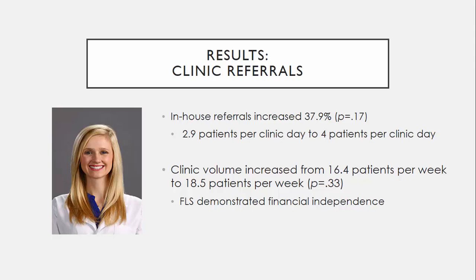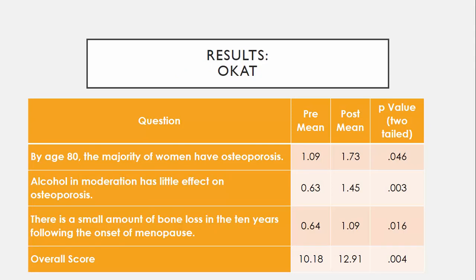This may not have been declared statistically significant, but it was financially significant because the clinic needed to demonstrate 18 patients per week to show that they were sustainable. They were financially independent on the most basic lowest level of patient care. And this intervention allowed the clinic to reach that volume load. It also was clinically significant because it means the patients are getting the help that they need.